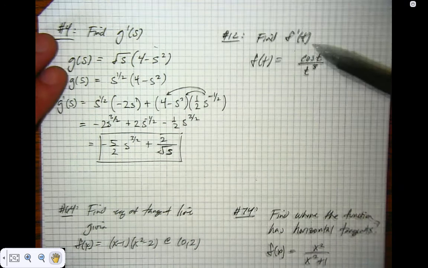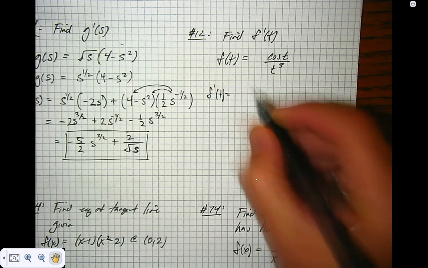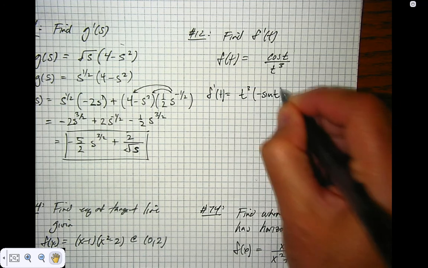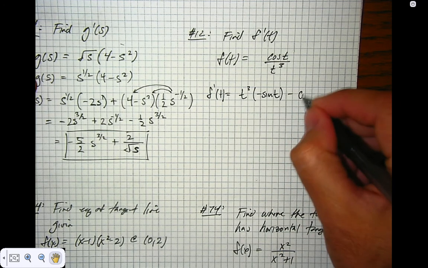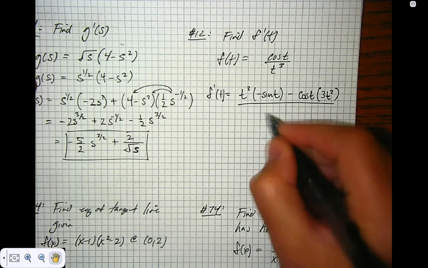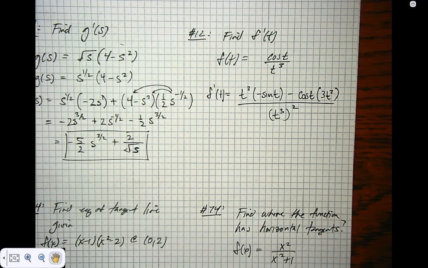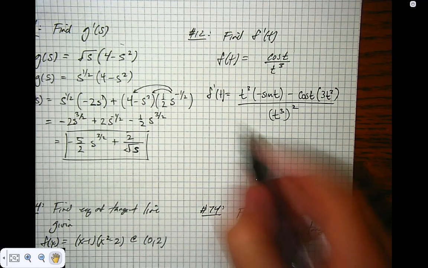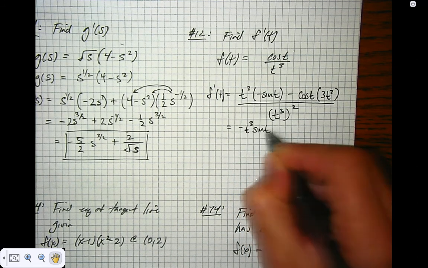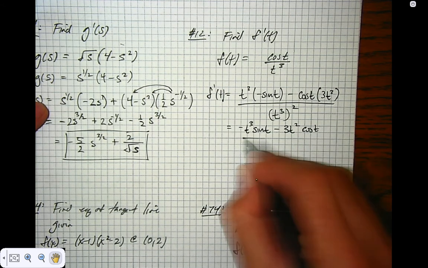Find f prime over here. This is a setup for a quotient rule. And so we'll say that f prime of t is equal to low, t cubed, d high, negative sine. Low d high minus high d low all over low squared. Okay. And let's rewrite this as negative t cubed sine of t minus 3t squared cosine of t all over